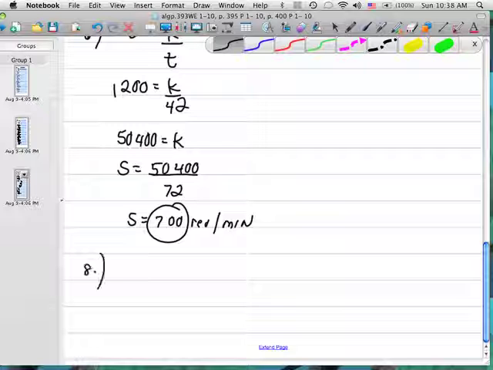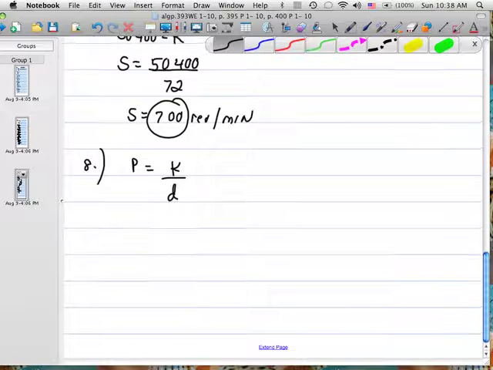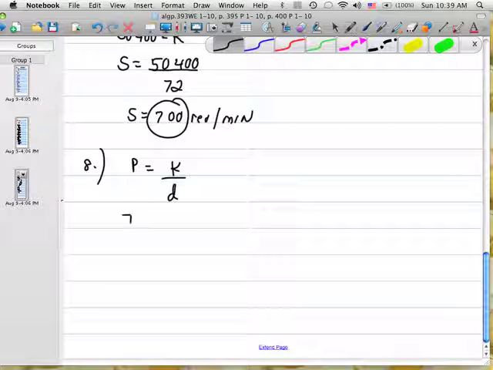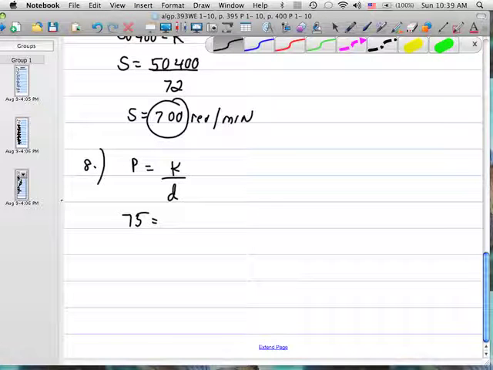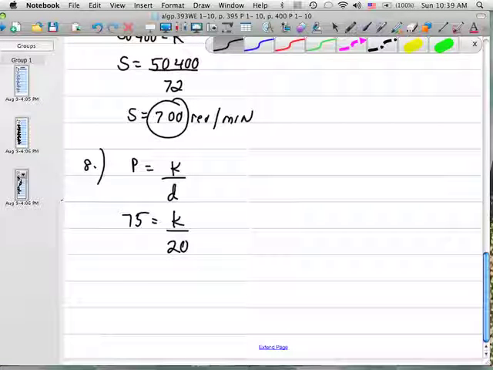Number 8, the number of plants used to fill a row of given length in a garden varies inversely as the distance between the plants. So the number of plants varies inversely to the distance between the rows. We have 75 plants are used to fill the row when planted 20 centimeters apart. So the distance apart is 20. So cross multiply, we get 20 times 75, which is 1,500